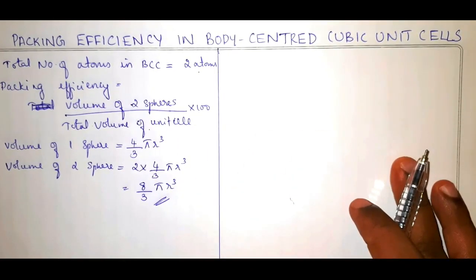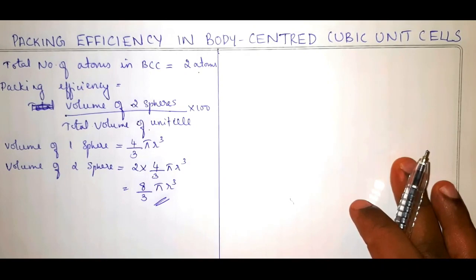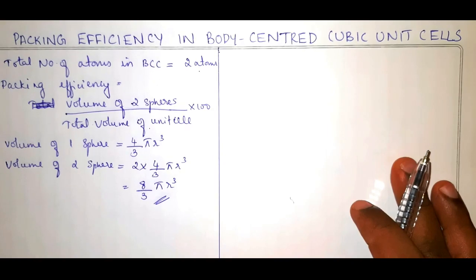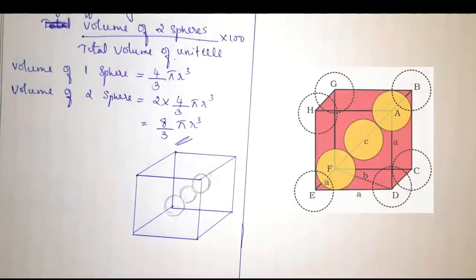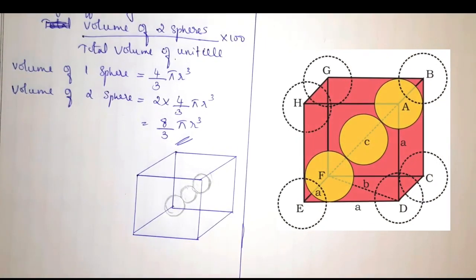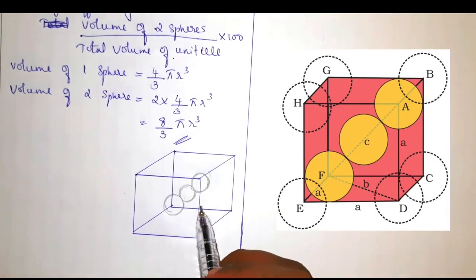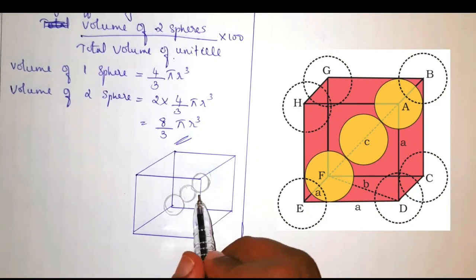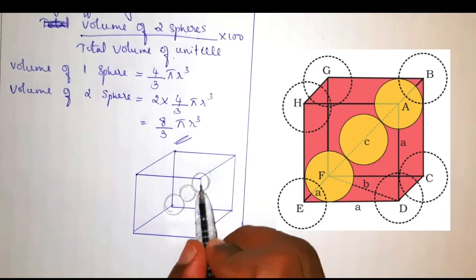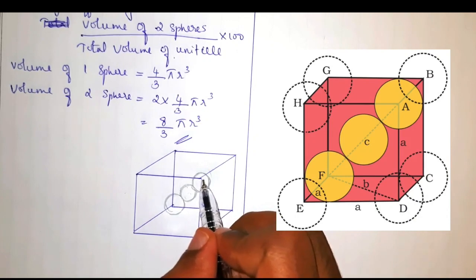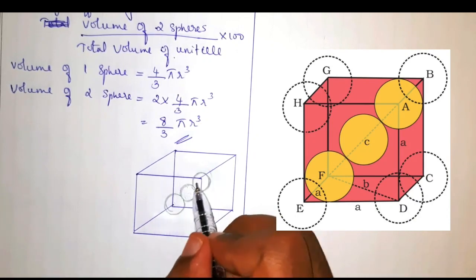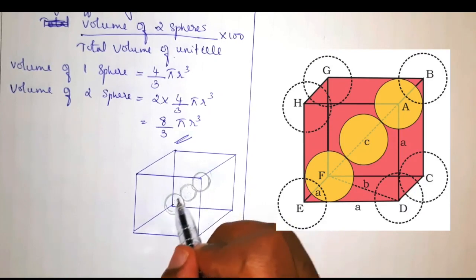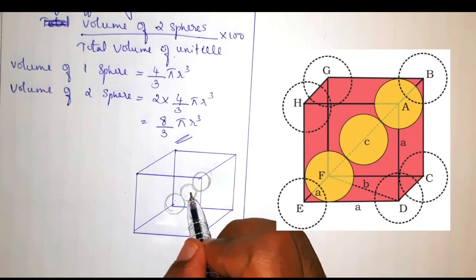Now to find the volume of a unit cell, you know that you have to draw a figure. So I have drawn the figure here. When you draw, it should be proper. You can see here, since it is BCC, that is body centered, one atom is at the center of the unit cell. This is one corner, its opposite corner is this. So 2 atoms should be in the opposite corners and 1 in the center.